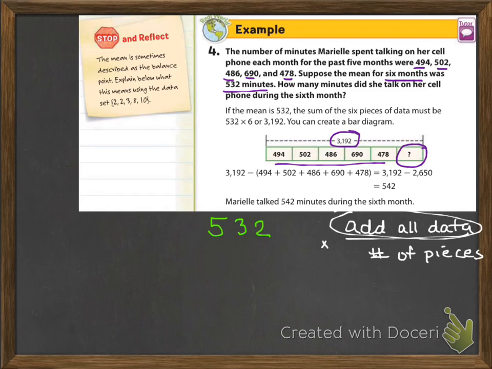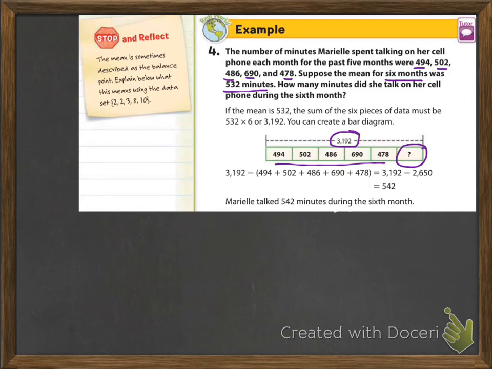So I'm going to go ahead and add one more screen here as well. Actually, what I'm going to do is just erase this, and I'm going to start with my equation. The way they've explained it is wonderful, but I want you to be able to set it up as an equation as well. So what that means is I've got a mean. Let's start with what they gave me. They said that the mean is going to be 532 minutes. That's right here. So on my right side, I'm going to have 532. On my left side,